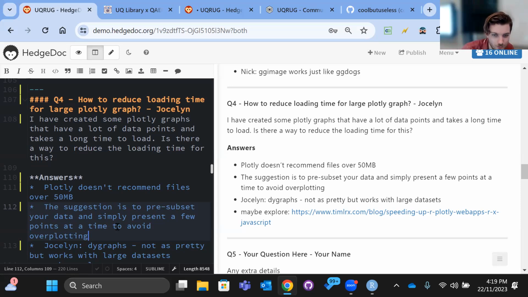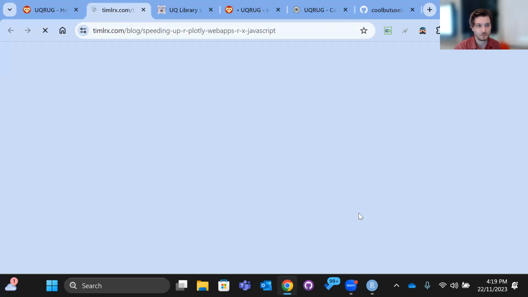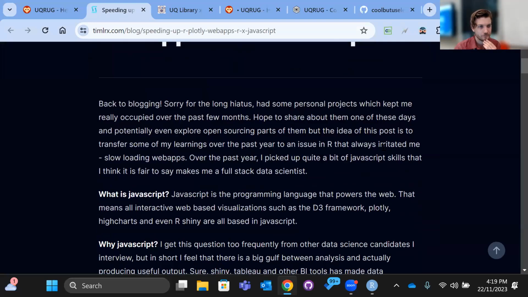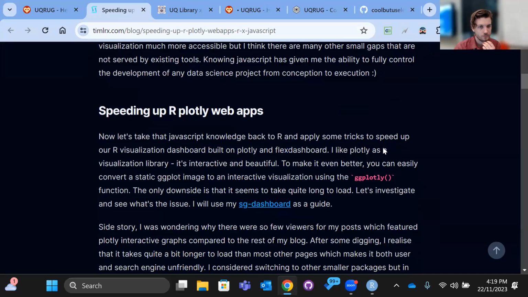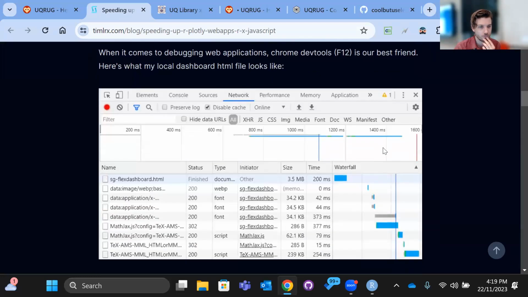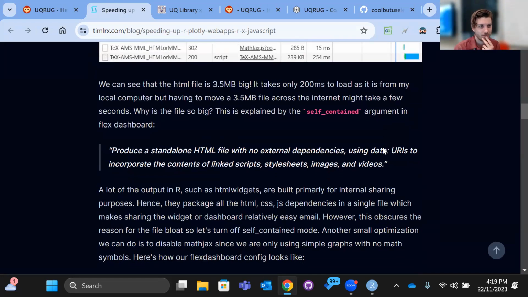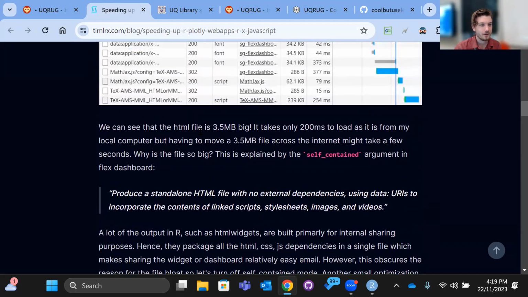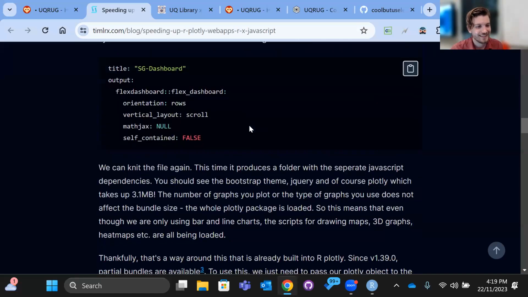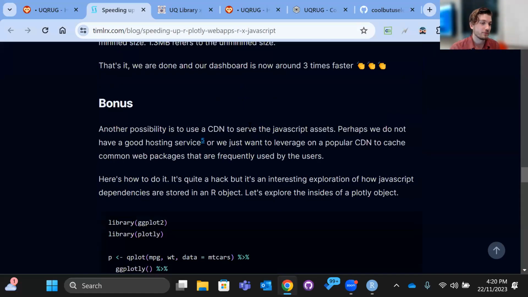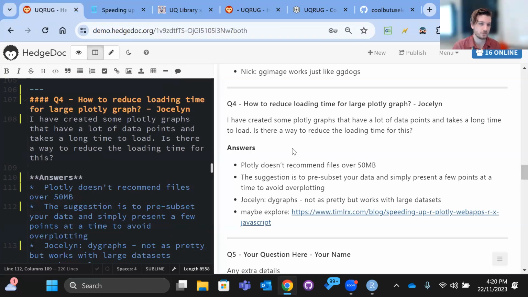We've got a link there that looks interesting: Speeding up Plotly. It's got the right keywords. It also says JavaScript. You would still have to look at JavaScript, but R and JavaScript is okay, because ChatGPT is there to help us, right? Given it says, whoa, 3.5 megabytes, watch out. But there may be things you can take from that to give you more tips to make it more efficient.